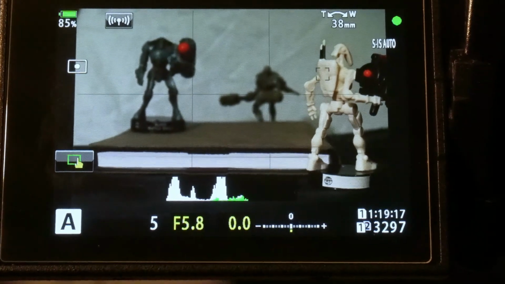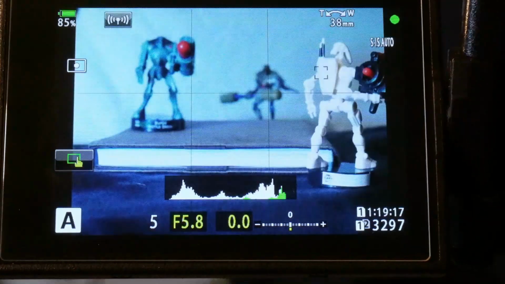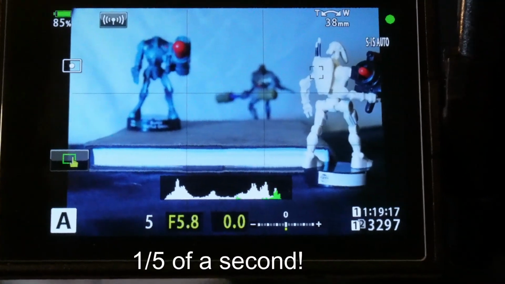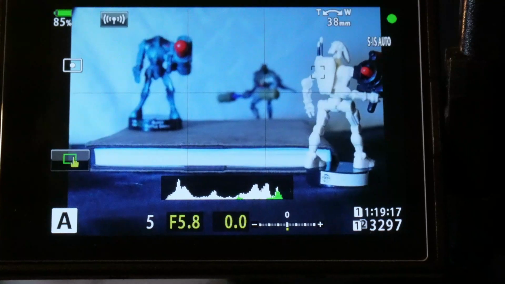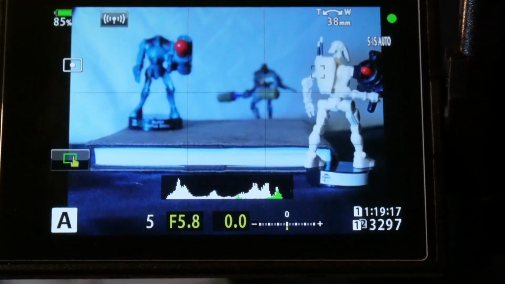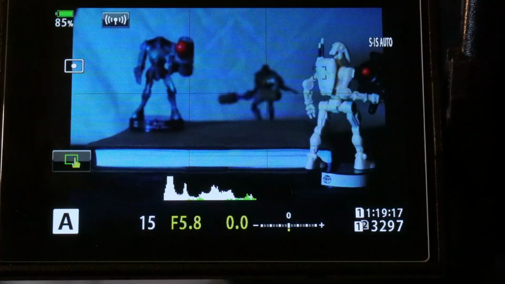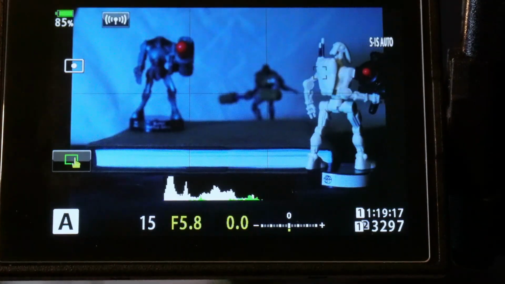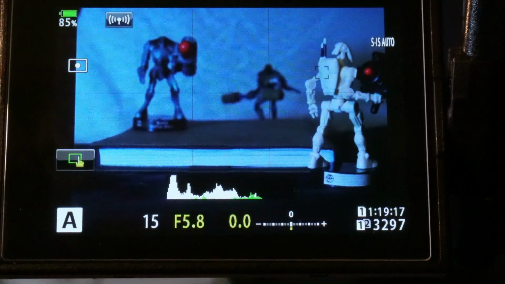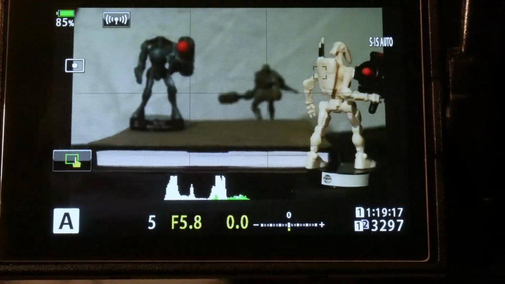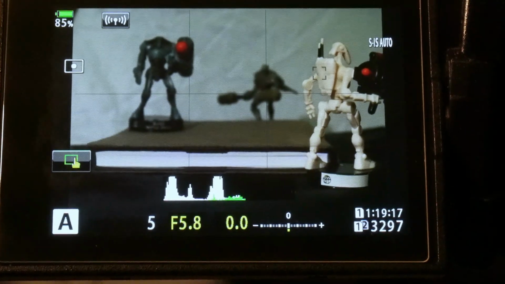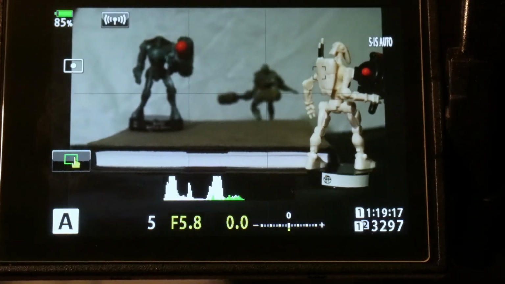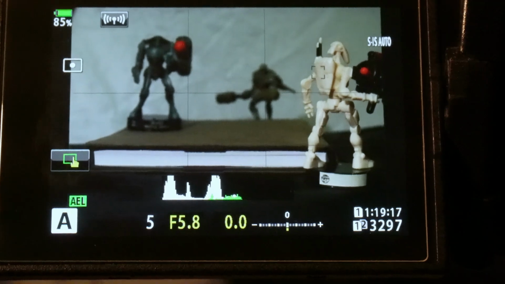So I'm using the shutter button. I've given it a half press. By adding an extra light source, you can see that the exposure has still remained at f5, whereas if I release my finger off the shutter button, you can see that it's now giving me a meter reading of 1/15. I'm going to turn the light source off just to go back to my original exposure setting of 1/5 of a second, and if I press the AEL button now,